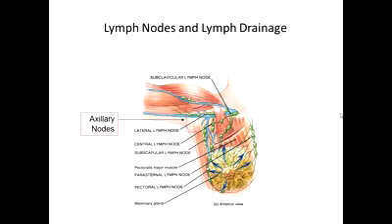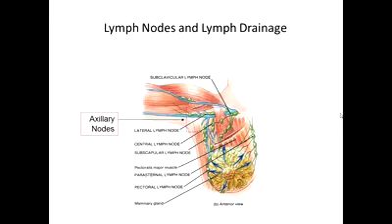70% of the tumors arise from the upper outer quadrant because it contains most of the glandular tissue, and it has its extension in the axillary tail, and that's why the lymphatic drainage is more towards the axillary area. So that's important. So this is the detail of the axillary lymph nodes,